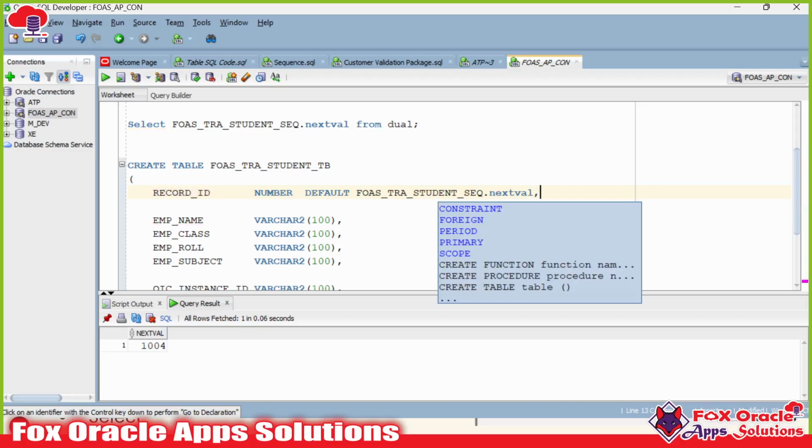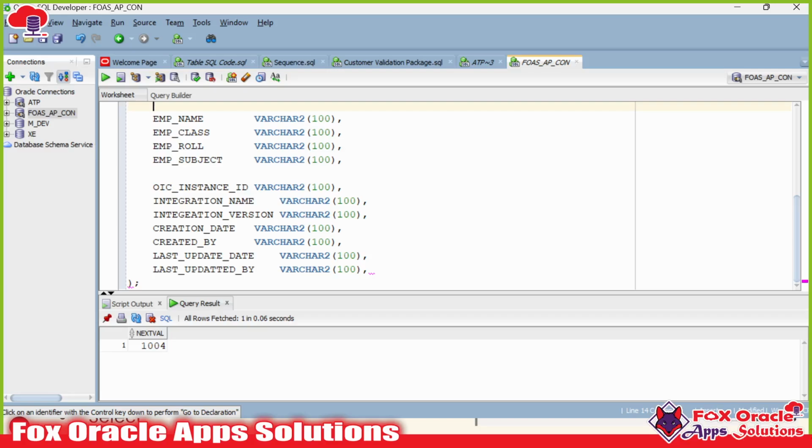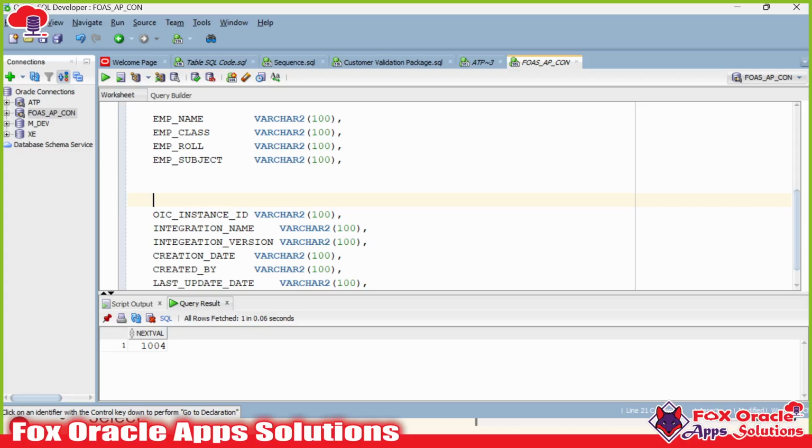That sequence column is done here. Now here you can see we missed two more columns. The two more columns is the status. The status, and obviously status again will be varchar2 only,